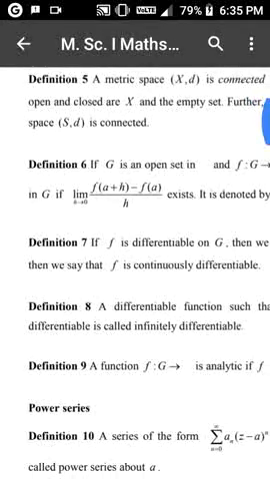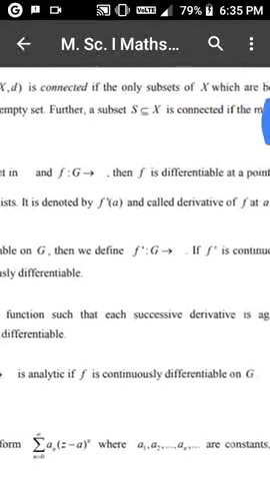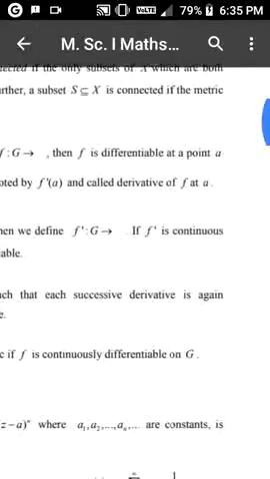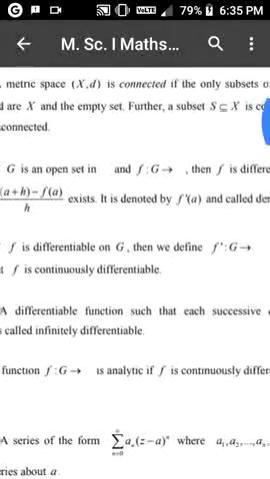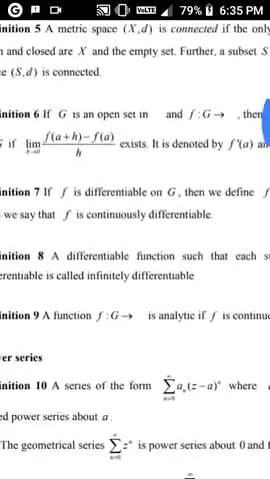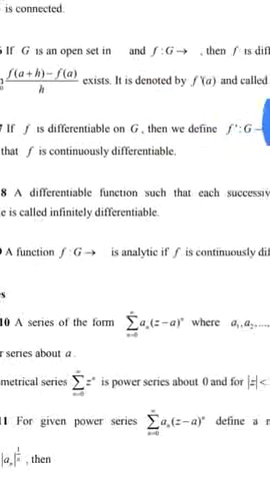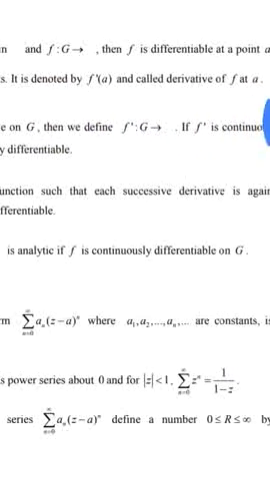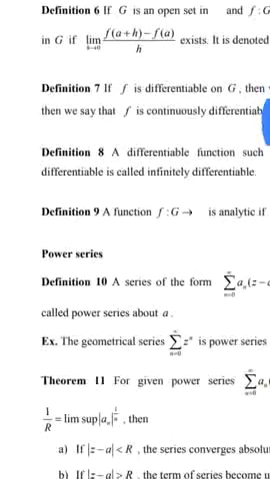Definition. If G is an open set in R and f from G to R, then f is differentiable at a point a in G if the limit as h tends to 0 of (f(a + h) minus f(a)) / h exists. It is denoted by f dash of a, called the derivative of f at a. Definition. If f is differentiable on G, then we define f dash from G to R. If f dash is continuous,